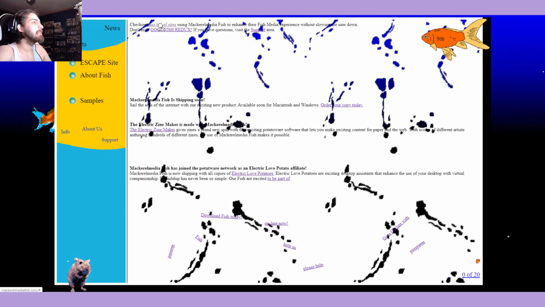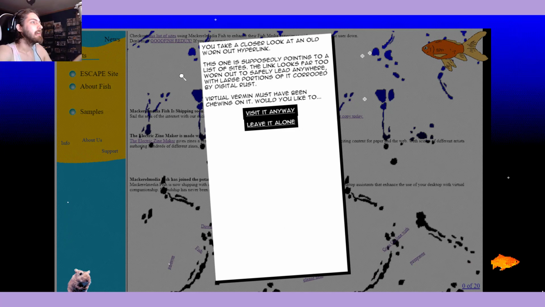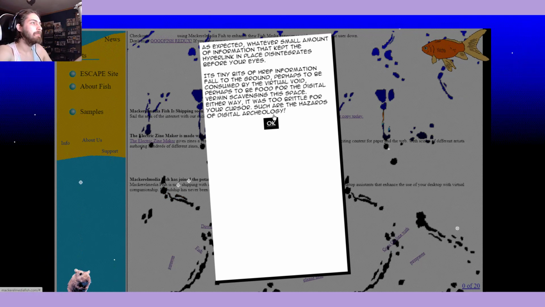Okay, check out this list of sites. You take a closer look at an old worn-out hyperlink. This is supposedly pointing to a list of sites. The link looks far too worn out to safely lead anywhere, with large portions of it corroded by digital rust. Virtual vermin must have been chewing on it. Would you like to... let's visit it anyway. As expected of whatever small amount of info...